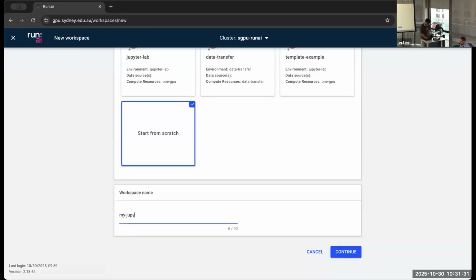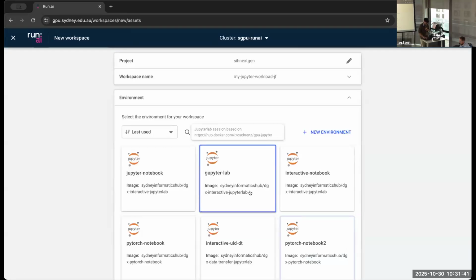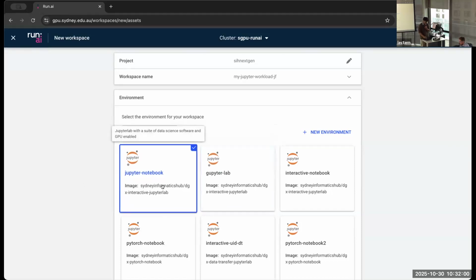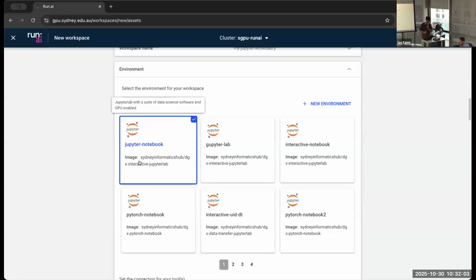My Jupyter workload and JF. Let's continue. And then today we'll be using one environment that we have already created for this workshop. And you can also use that as a base image to keep building any customized tools for your own research. So this one is called Jupyter Dash Notebook, and it's an image that we have pushed to our SIH Docker Hub. So it's called